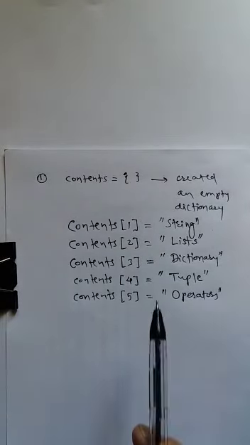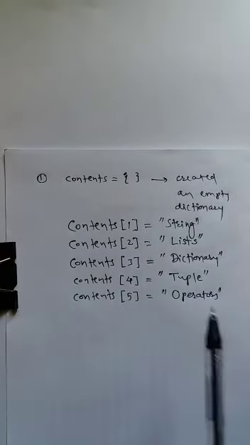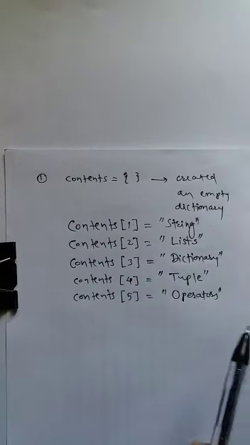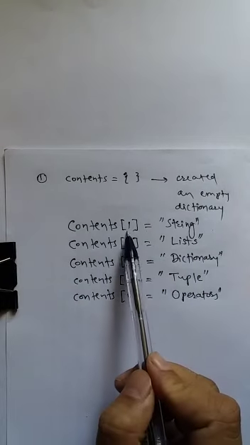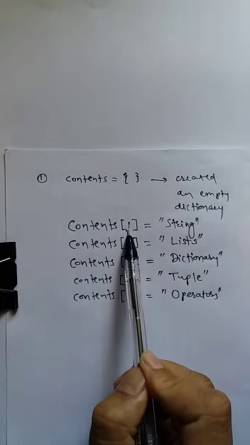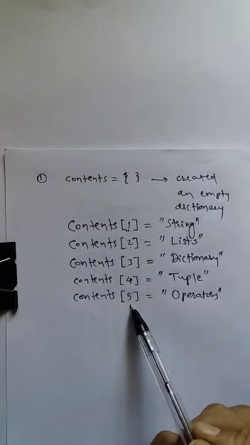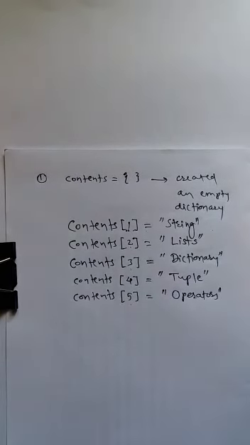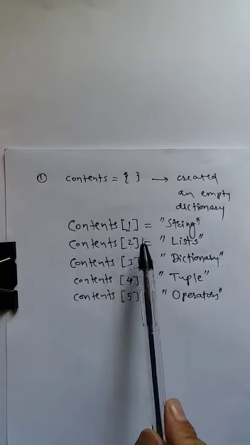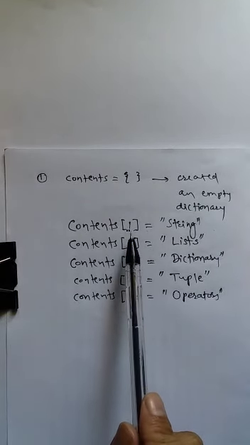Okay, now see here 1, 2, 3, 4, 5. How many items do we have? 5. How are these items there in terms of key value pairs? Where is the key? Now see, in contents, 1 is the key, 2 is the key, 3 is the key, 4 is the key, 5 is the key. Now in previous classes, in string and list, we studied that a string or a list can be indexed by its position, and that index is a numerical value.